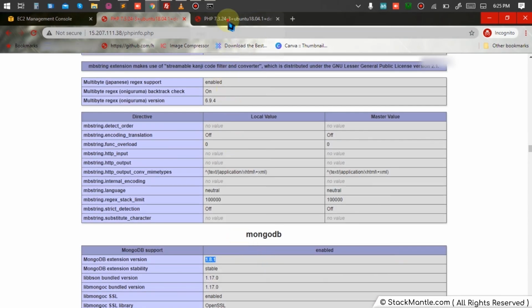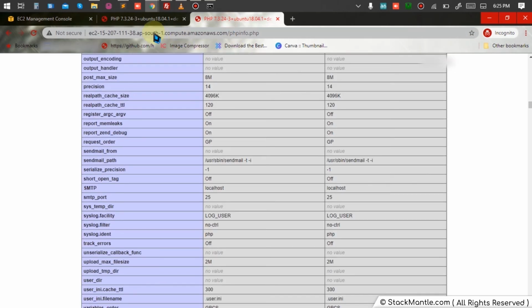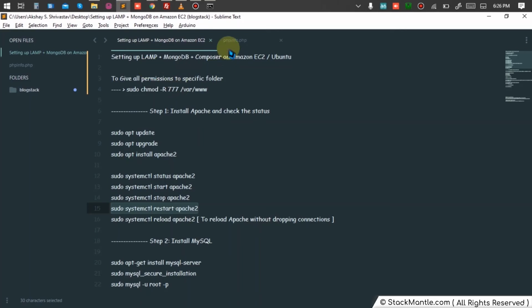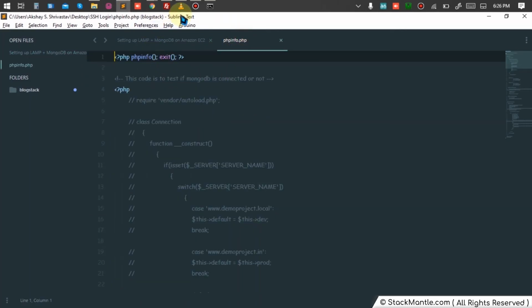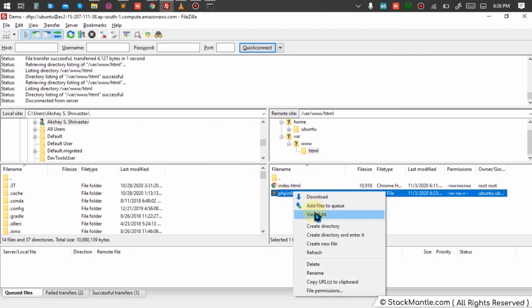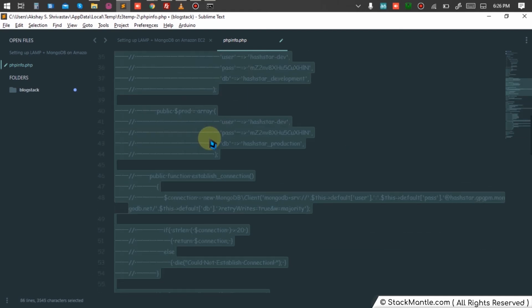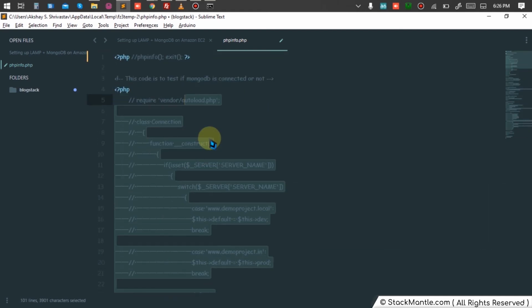Now, to make sure that my PHP script is running with the MongoDB connection, if you remember, I'll download this file first. View and edit. I'll comment this line. I had this command for MongoDB at the very beginning to test if my MongoDB is running or not.